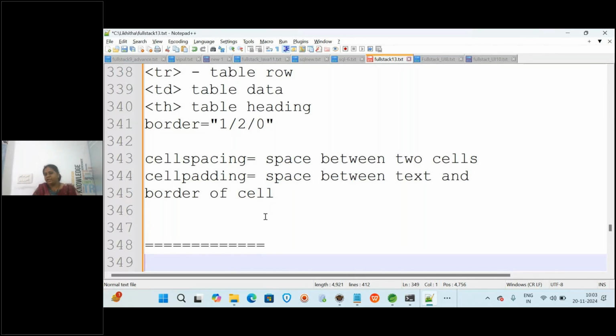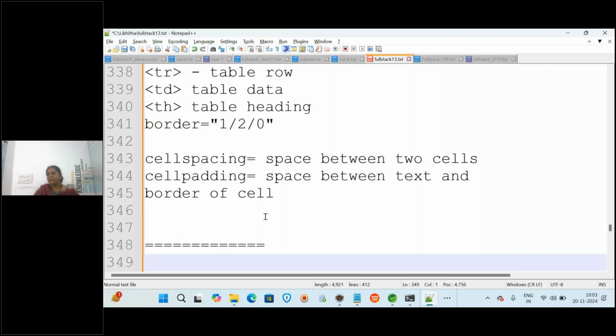After seeing one more table today, in tomorrow's session we will see row span and column span. That is also very important. Row span and column span means what? Suppose you are creating a student table. In the student table, the student will have subjects and marks, right? Let us say subject is one column, but he will have different subjects, math, science and so on. A single row has to be divided again into sub rows.